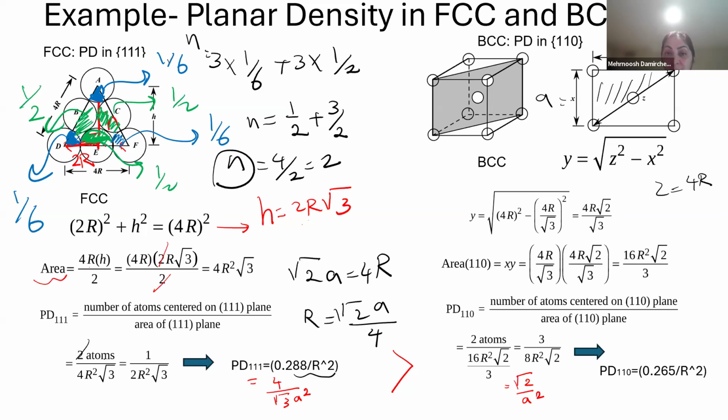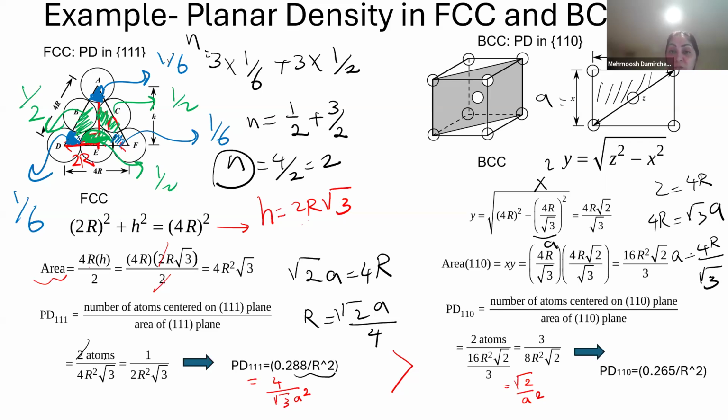4R is the most packed. 2R, R is 4R. So 4R squared minus A squared. And 4R was root 3A for BCC. If you cannot remember that, review the previous videos. And A is 4R per root 3. So it is A or X, X squared. Substitute here, we find Y.